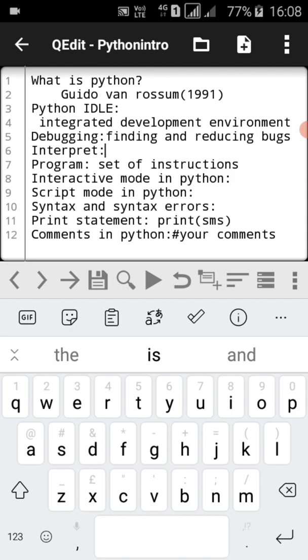To write and run a Python program, we need to have a Python interpreter installed on our computer. IDLE is the standard, most popular Python development environment. This environment makes it easy to write programs.